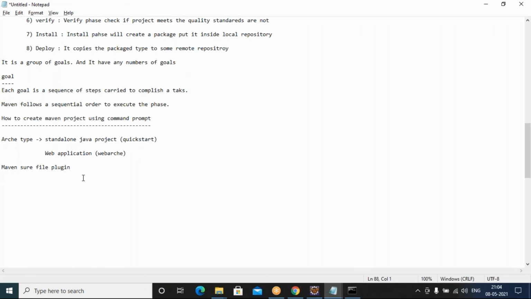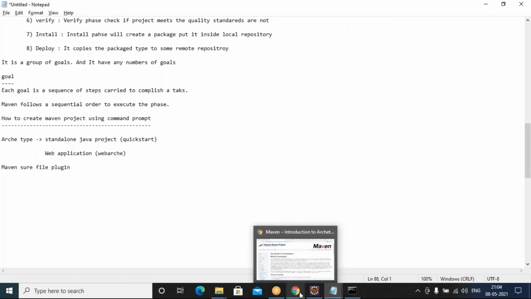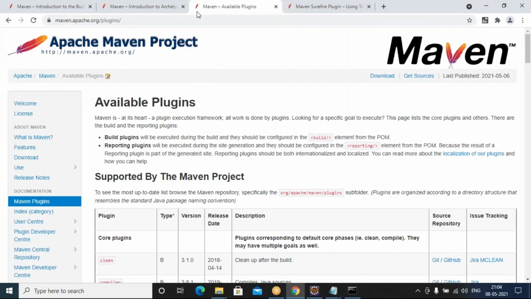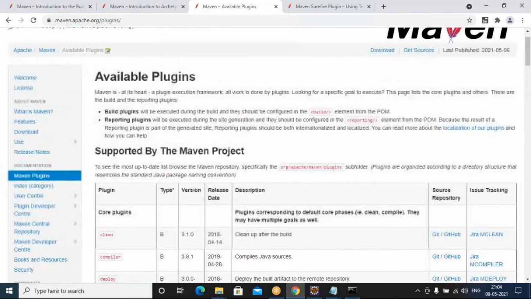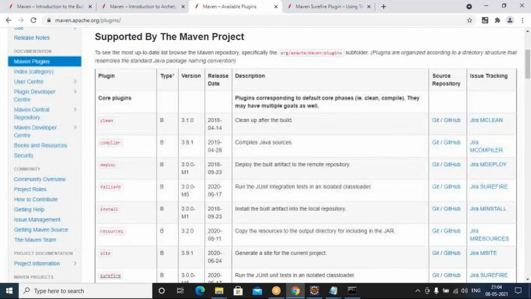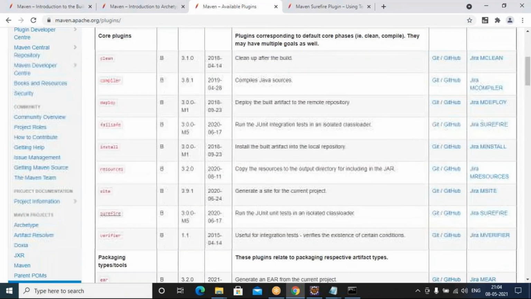This is one type of plugin. Like this, you have so many plugins. Based on your requirement, you can pull that plugin. So here I'm going to go to the plugins. You can see the available plugins on the official Apache Maven website.